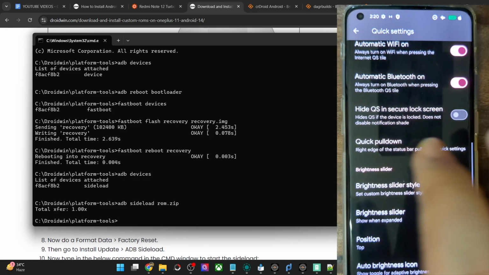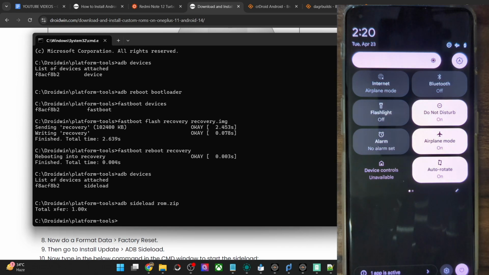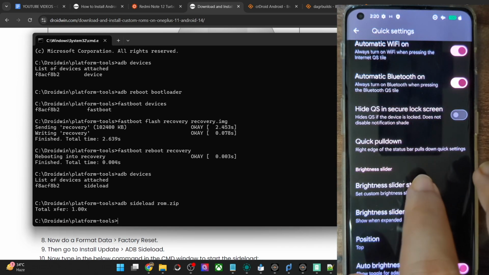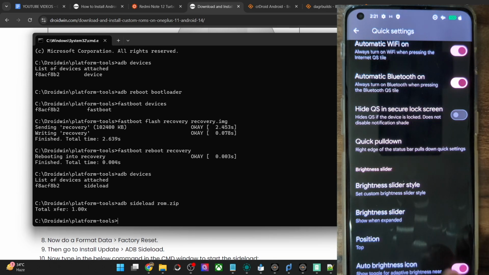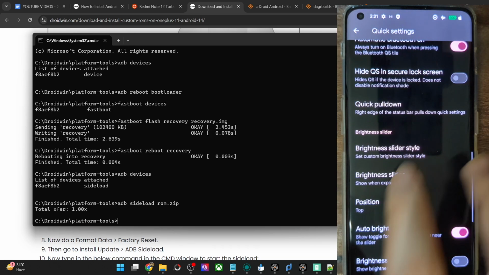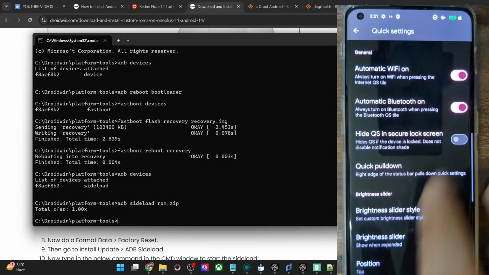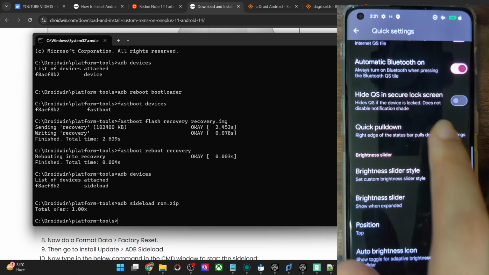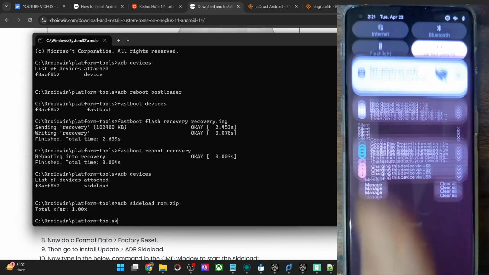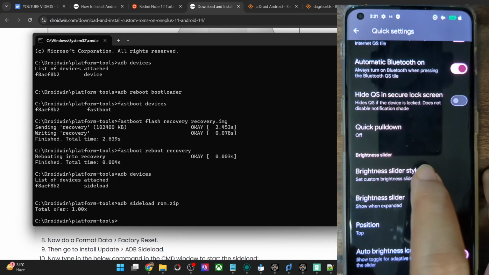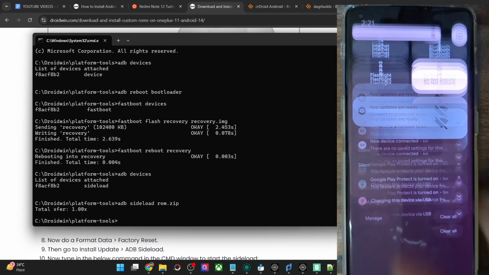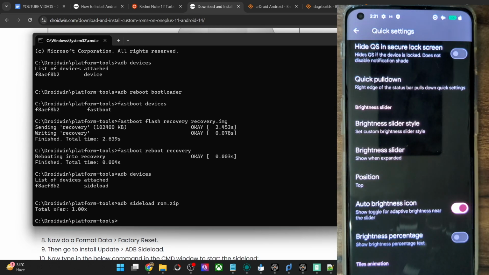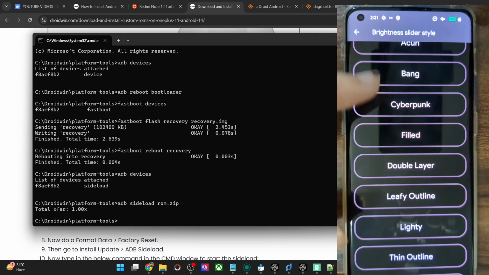Then you may also enable the quick pull down, and it will expand the notification section at the right. By default, let me show you, if you keep it in the default state, then it will only be half opened, or then you will have to expand it on your own. But using this, if I keep it off, then you could see it's only half open. But upon enabling it, let's say from the right, it will be expanded completely. Then apart from that, you may also change the brightness slider style.